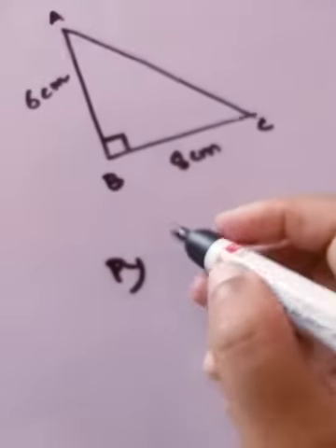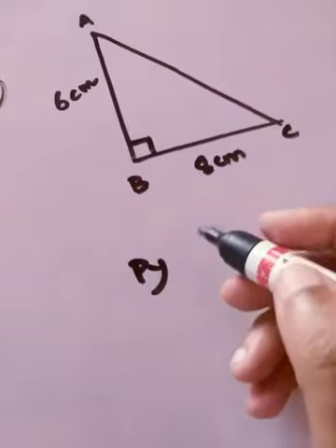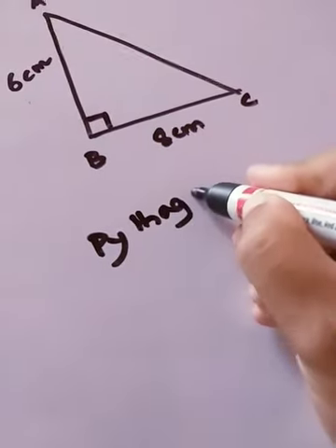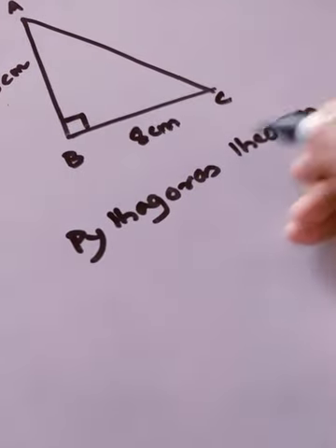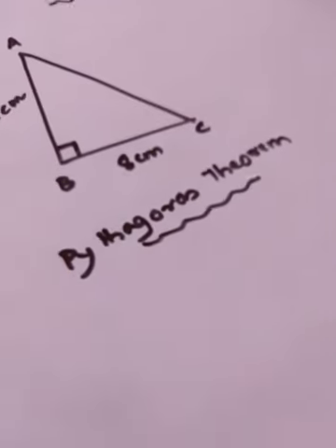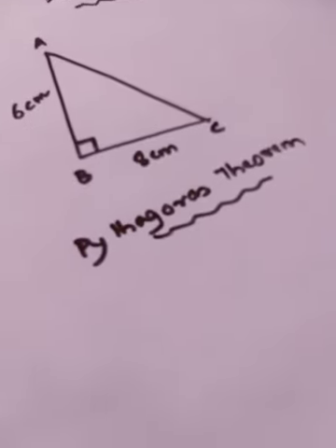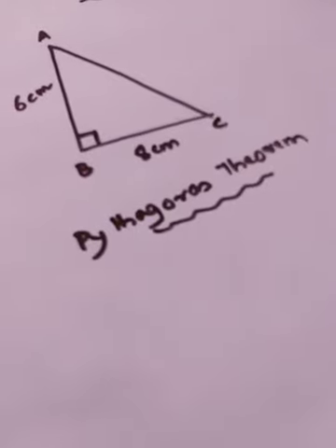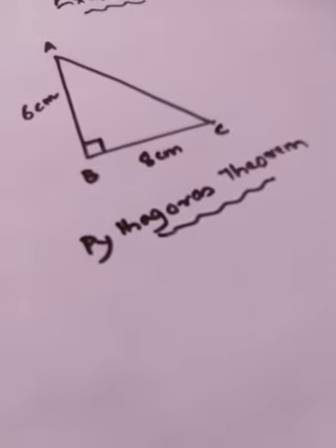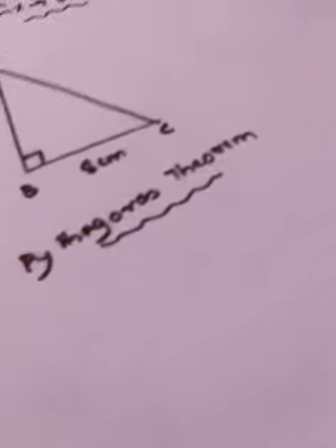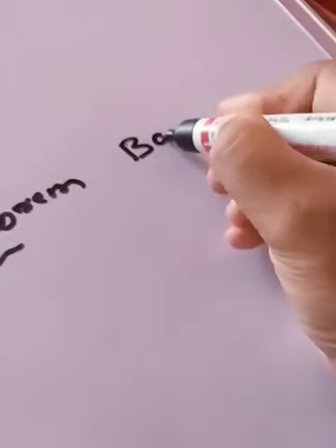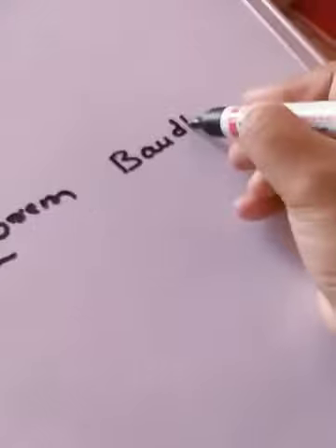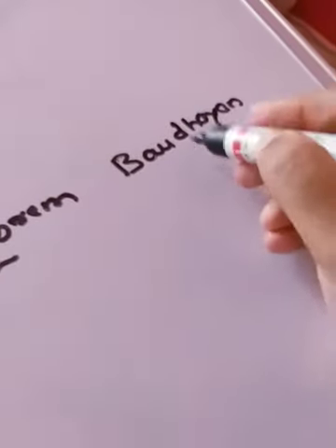But students, I need to give you one more important piece of information regarding Pythagoras. Pythagoras theorem is not actually given by Pythagoras, but it is an Indian mathematician who suggested this theorem earlier than Pythagoras, and you should know the Indian mathematician's name. His name was Bodhayan. So actually Pythagoras theorem is Bodhayan theorem.